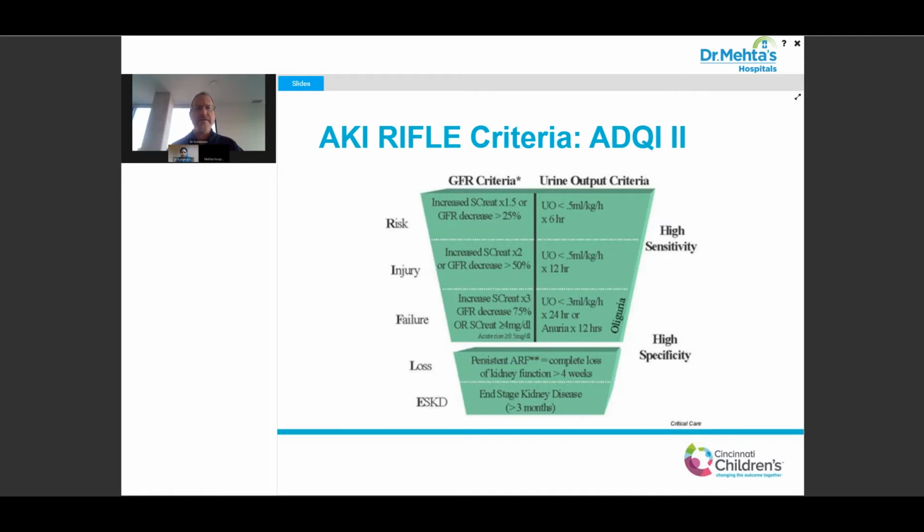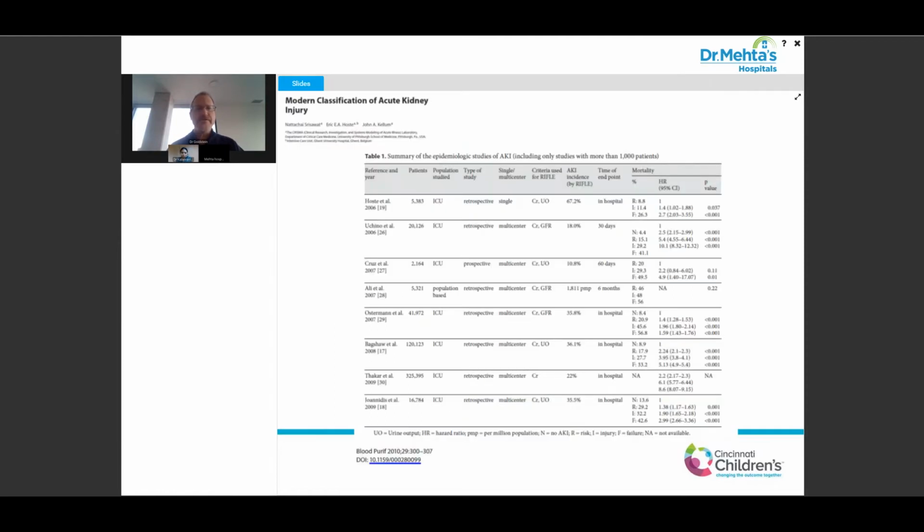And the RIFLE criteria, as Dr. Ganesan said, has 2 different components: either a change in GFR, a rise in creatinine, or a change in urine output, oliguria. And what was found in a systematic review of about 500,000 adult patients was the following: that patients who had RIFLE R, so 6 hours of oliguria, or a